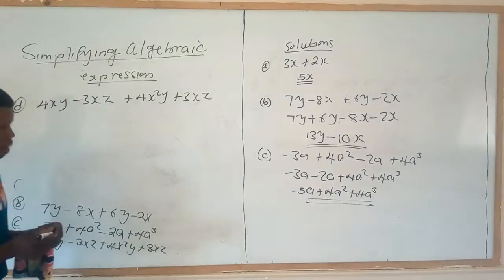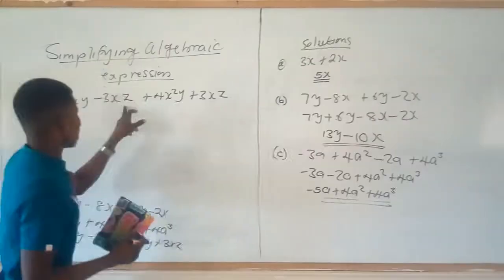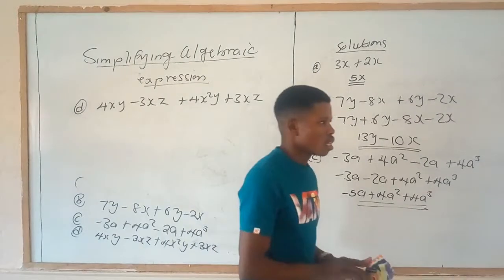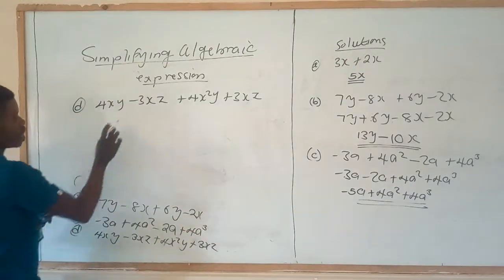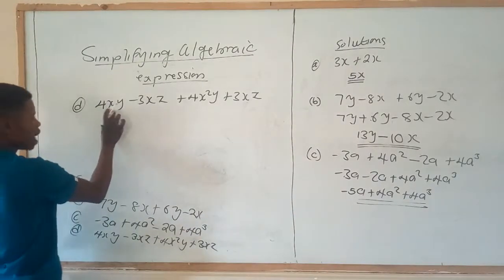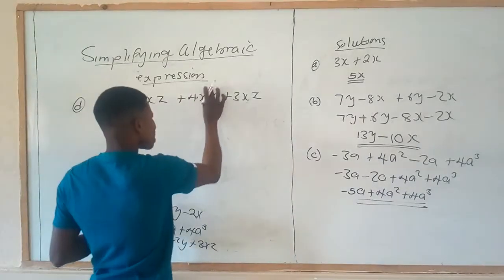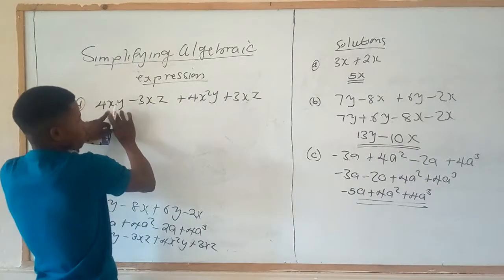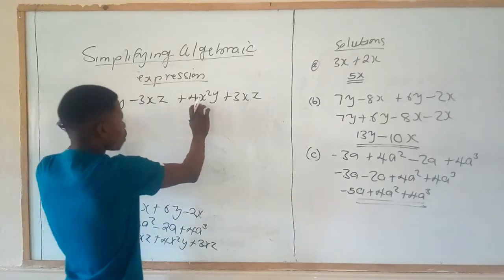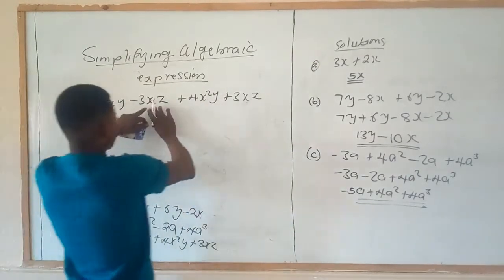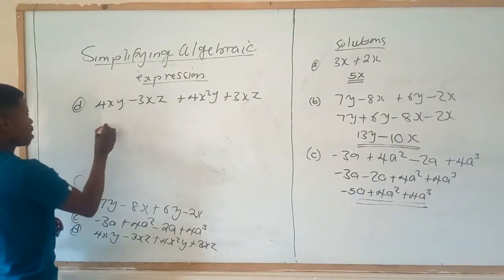Okay, so even if you have three terms, whatever terms you may have, the main concern should be the like and the unlike terms. So those are very, very important. So let us search which terms are like terms. If you look at this, do we have any other term apart from 4xy with the term xy? Here we have x squared y. So this one makes it different from this because of the square which is there. So this one and this one are not like terms at all. What about this and this? These are like terms. So if you want, you can say negative 3x